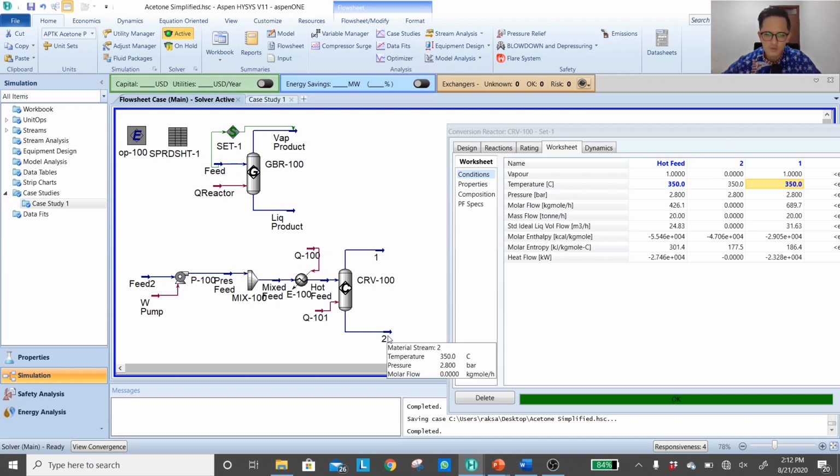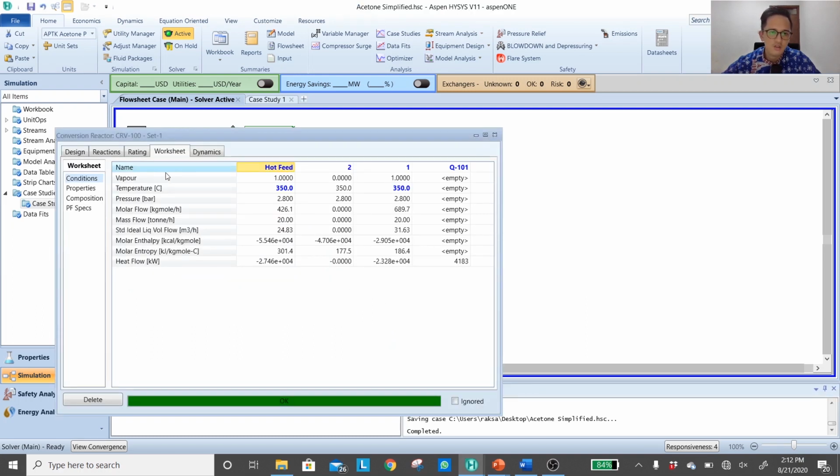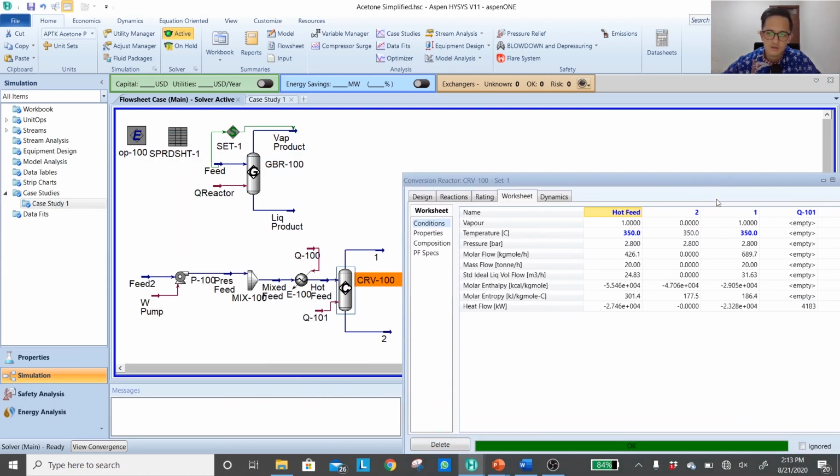But I will not perform another sensitivity analysis because it is already optimized in the previous video. So let me just directly define those as 350 degrees. Okay, it's ready. Then you can double check the composition of the reactor. Okay, pressure. Now the pressure is actually higher than our initial condition, because initially we want to perform at about